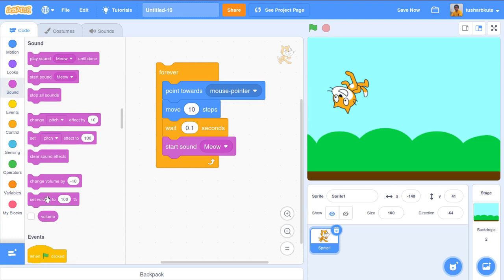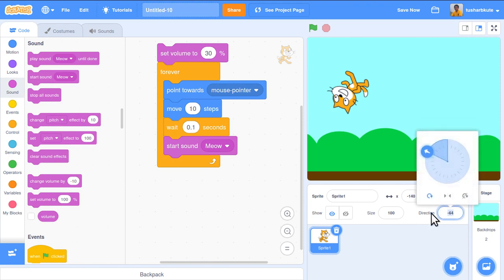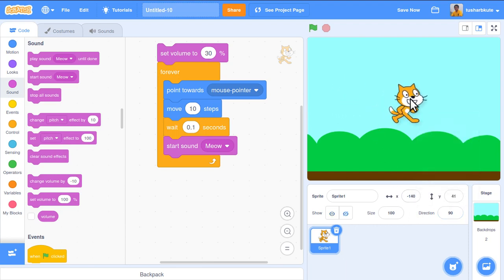Set volume to, let's make it only 30%. Whatever intensity this application already has, it will be only 30% out of 100%. Now let's set the direction to 90 again, 90, enter. Drag the sprite to some position here. I'm setting volume to 30%, and now click.